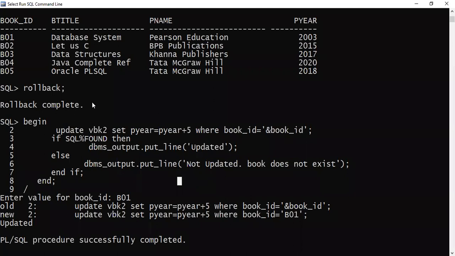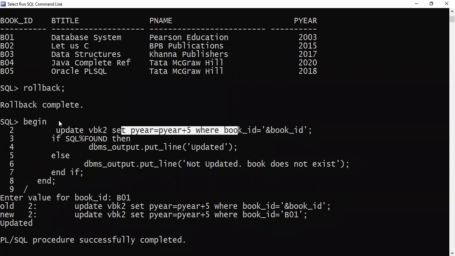Yeah. So what did we learn? We learned what implicit cursors are. Implicit cursors are automatically created by Oracle. And then there are cursor attributes. The first cursor attribute we have seen is called %FOUND. What is the meaning of the %FOUND attribute? It will return true when the update, insert or delete statement has affected at least one record.